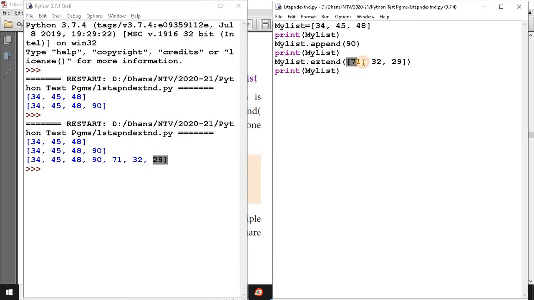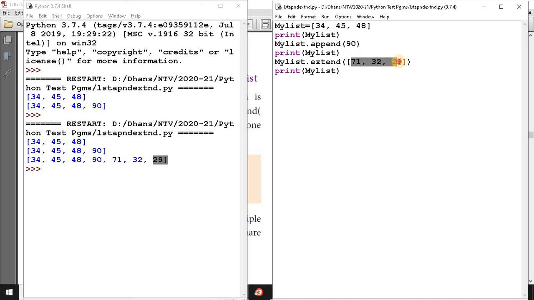In this extend function, the list of values must be enclosed within square brackets and separated by commas. So the list of values is passed as the argument. Only one list value is passed to the argument, so it acts as a sublist to the extend function.